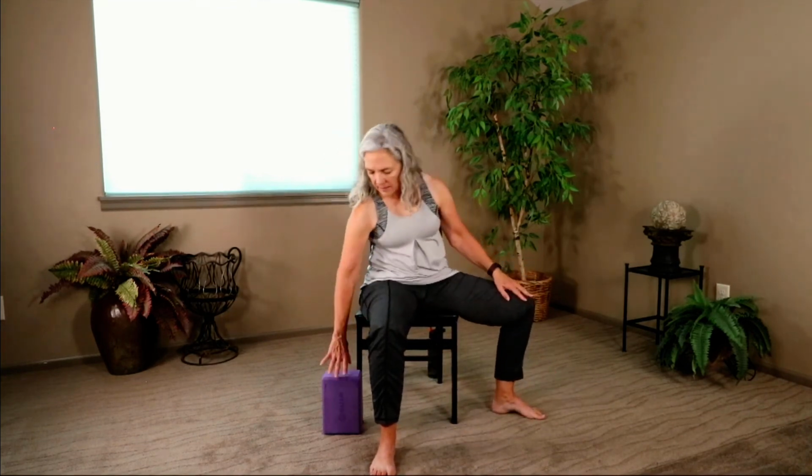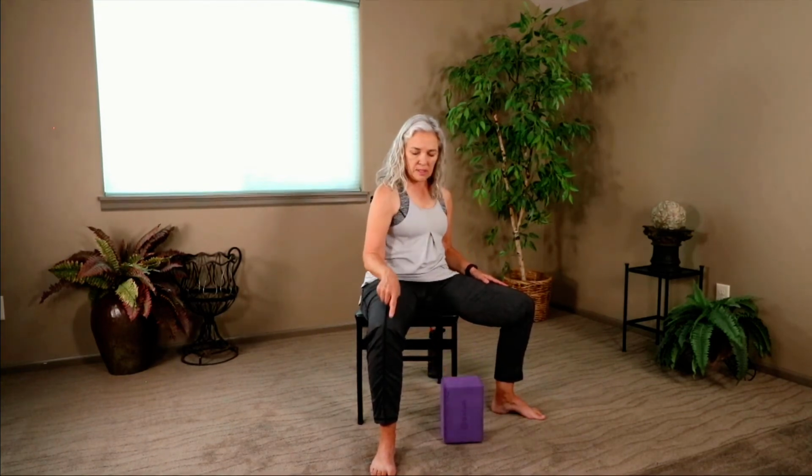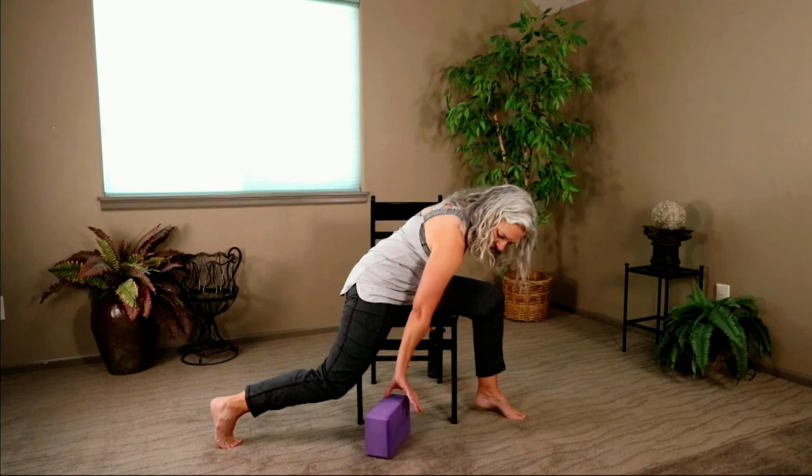Okay. So hang on to that block, just set it here for a moment. We're going to come into a crescent lunge, which we've done before, but I'm going to show you how you can use the block to make it a little bit more accessible. So we're going to take that right knee and open it wide. Actually, just set the block out of your way for right now, and then we'll come to it. So let that knee fall down. So now maybe this is where you have felt like you can go, and you just really can't push that foot back behind you. So one idea is to take the block